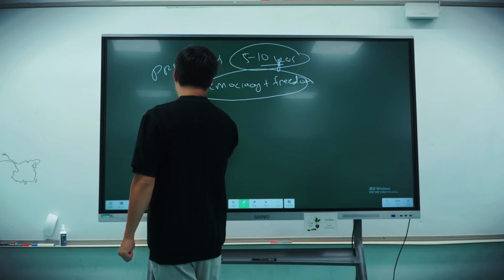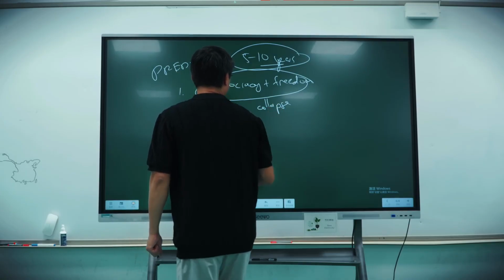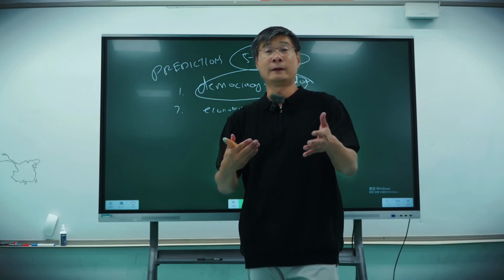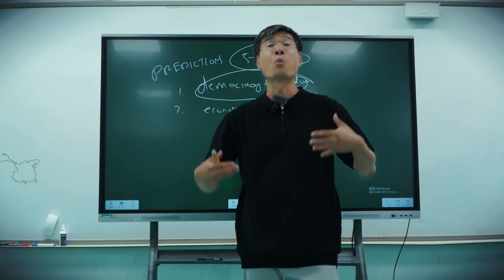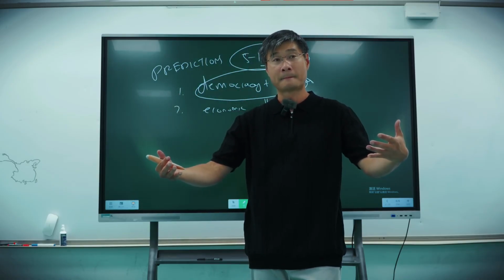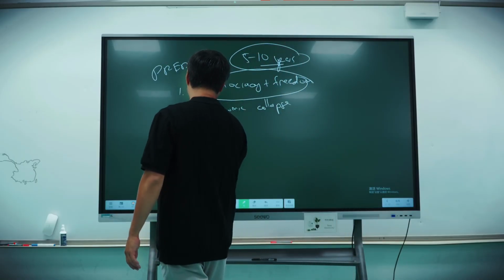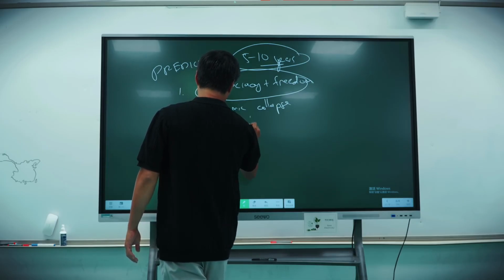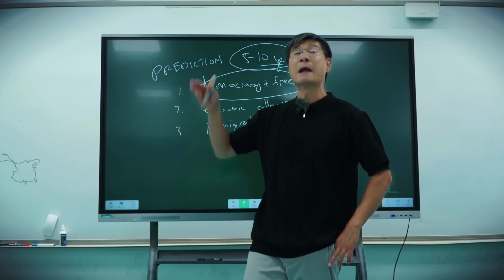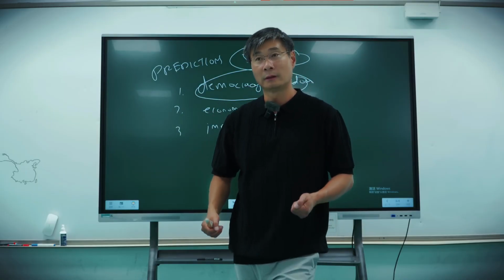Second thing is economic collapse. As people have less and less right to speak up, they feel less invested in the system, they're less willing to work. Therefore, you have economic collapse. People don't believe in the system anymore. The system is in crisis. This will lead to immigration. The government is like, you know what, if the people don't want to work, screw them, let's bring in immigrants to do the work. Let's replace our population.